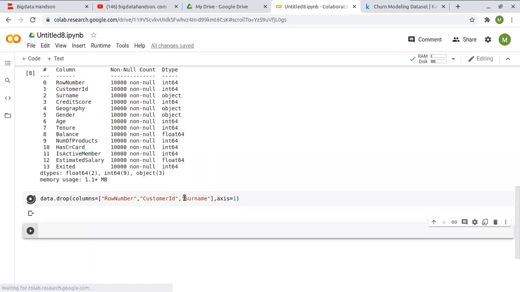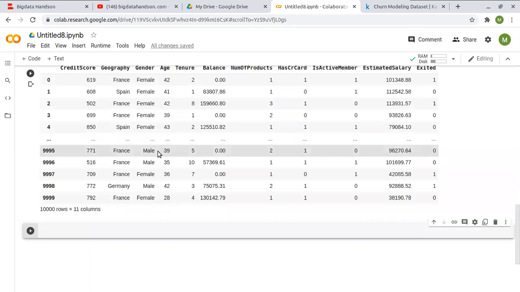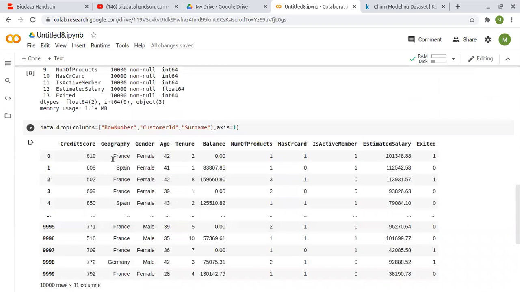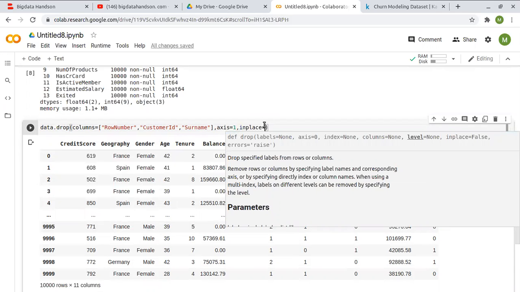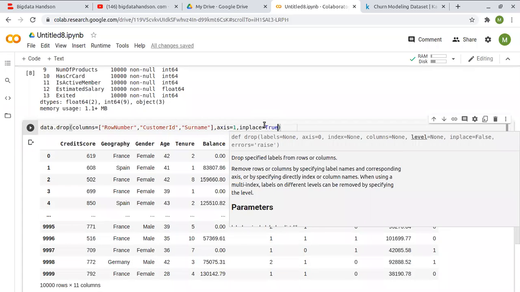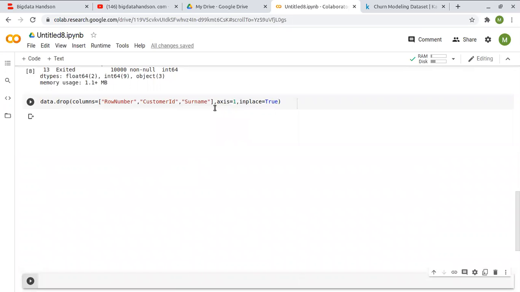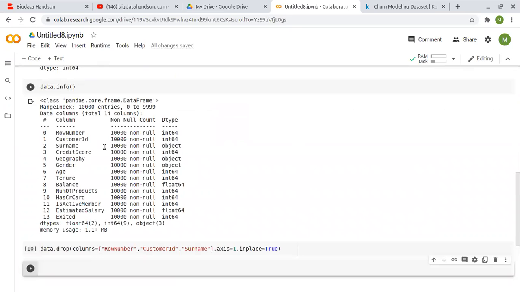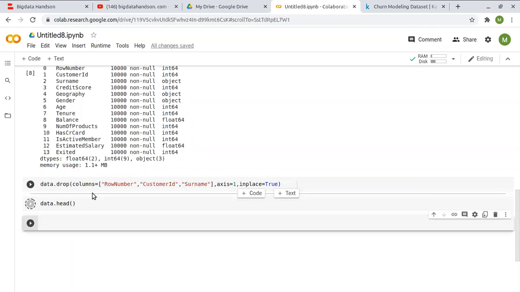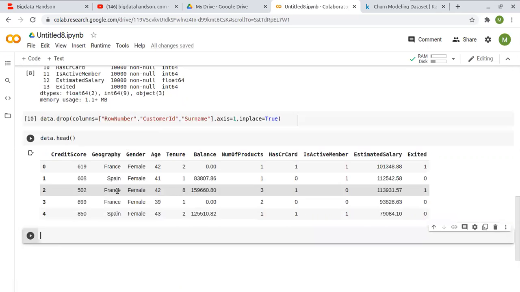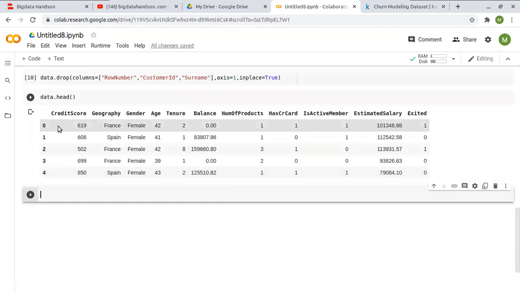So we are going to drop columns. If you want to update the existing data frame, you put inplace equal to true. Then it will update the original data frame. If you see data.head() again, you can see the columns are dropped, right?